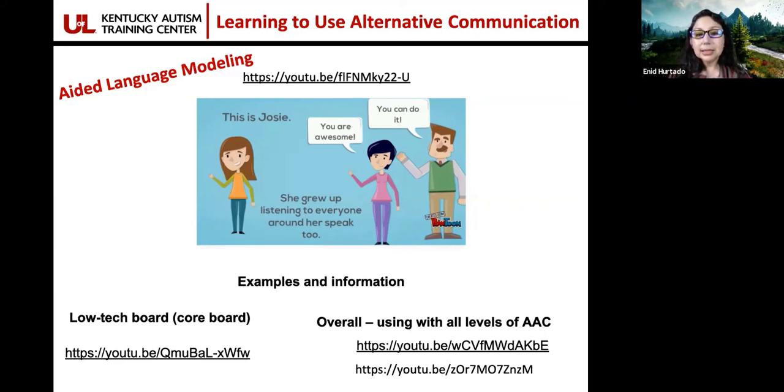If you model it and you're like, okay, now you do it, and they don't want to do it, don't give up on them. I think the part that people don't realize is some kids will get it right away, especially if it's going to get them a high-interest activity or thing, right? But some students need a little bit more time to see it used in all different contexts, to be able to generalize it. So let's watch a really quick video,